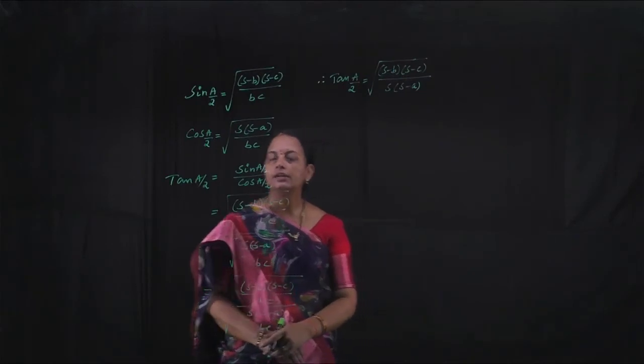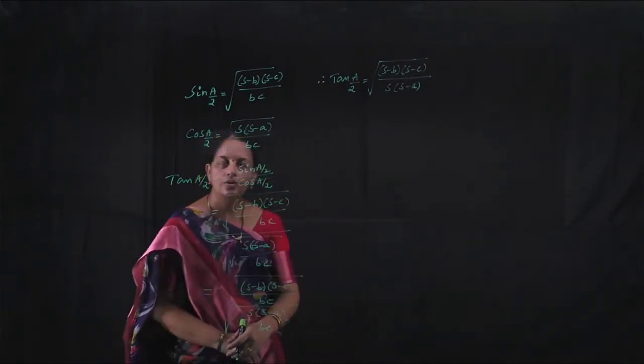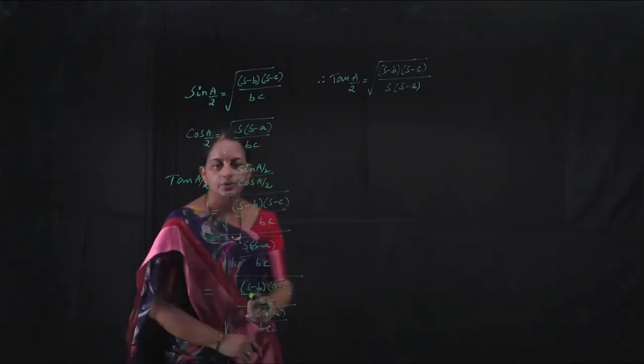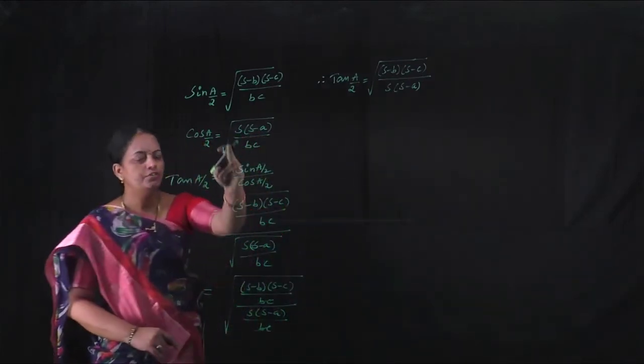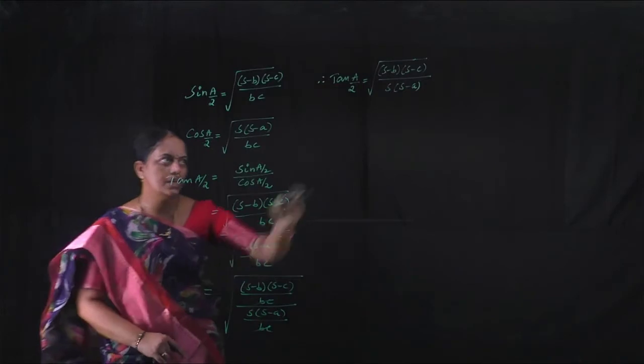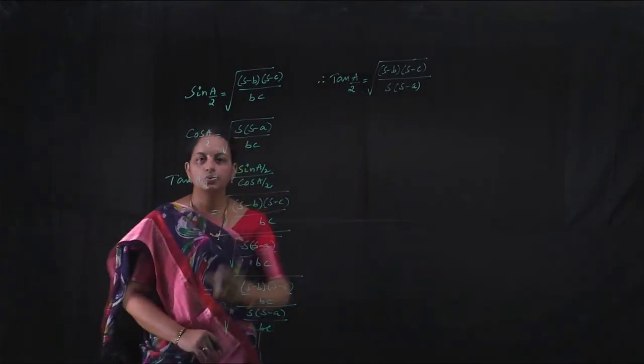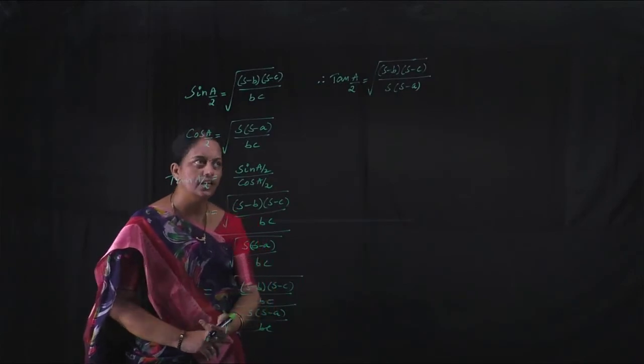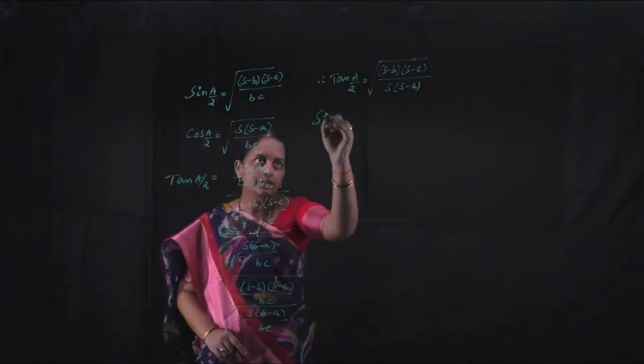So sin A/2 is equal to root of (s−b)(s−c)/bc, cos A/2 is equal to root of s(s−a)/bc, and tan A/2 is equal to root of (s−b)(s−c)/(s(s−a)). Similarly, we can prove